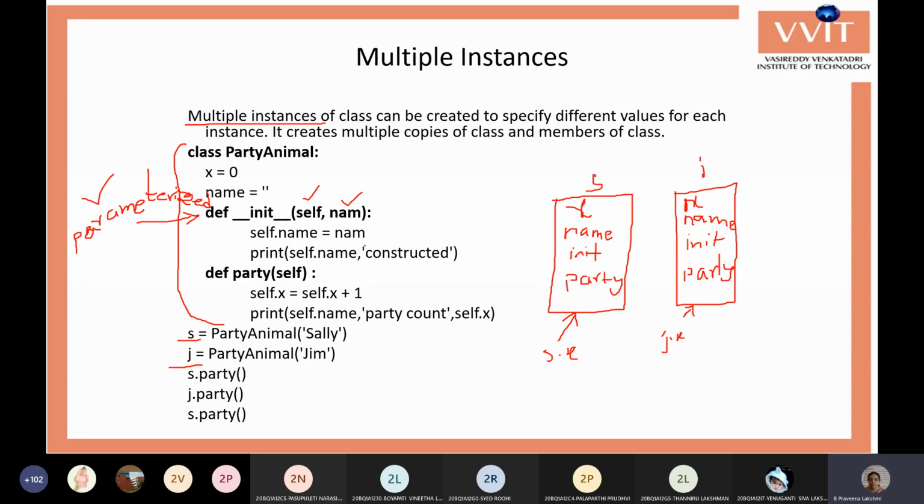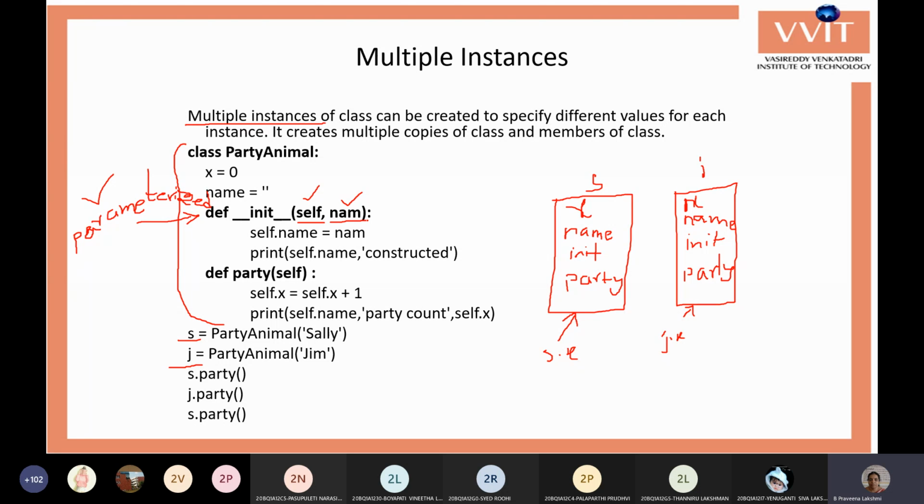The constructor here is init, with one default parameter, self, and another parameter given as NAM. Using this constructor, I want to assign a name to the name variable, which is passed from outside the class. From outside the class, I want to send some name to the class, to be assigned to the name variable of the class.